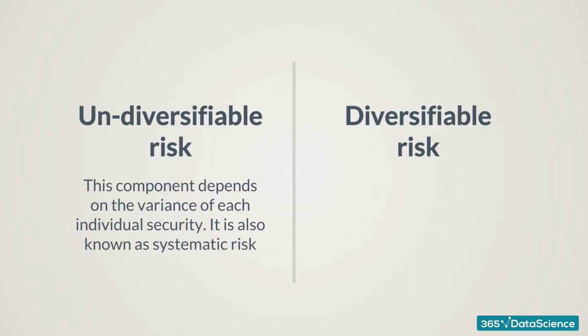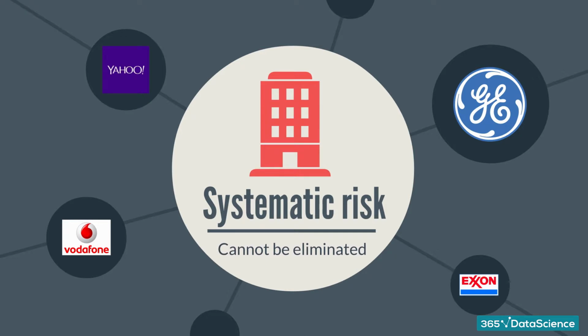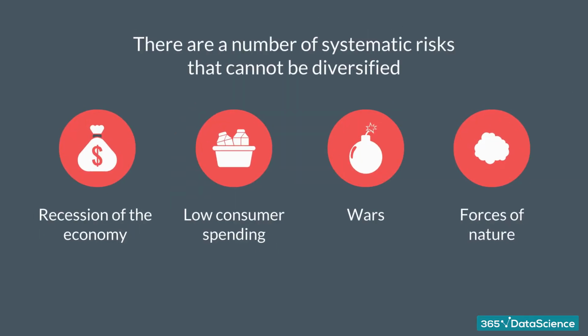The first component, the variances of the securities in a portfolio, can be seen as undiversifiable risk. Regardless of the number of securities contained in a portfolio and the relationship between these securities, this component will continue to exist. This is the uncertainty that is characteristic of the entire market. Systematic risk is made of the day-to-day changes in stock prices and is caused by events that affect all companies. A recession of the economy is one systematic risk.